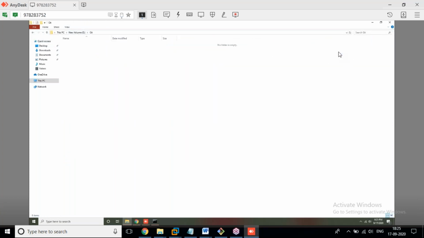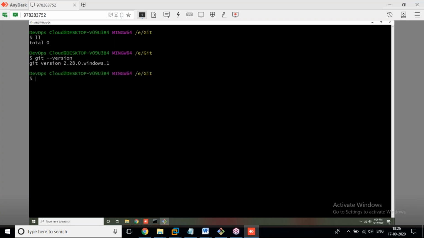Okay. Now we enter that folder and open Git Bash. I can increase the font size here because I have that option. Now ll. This time we don't have anything. Now we are going to apply commands. First command: if you want to see which version you are using, git space --version. It's a command used to see the present Git version on your Windows machine.